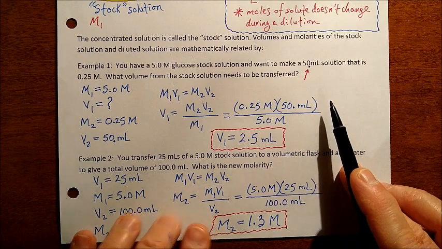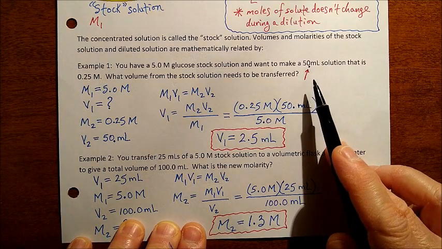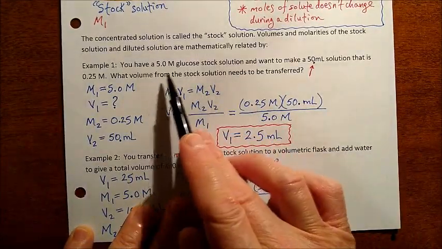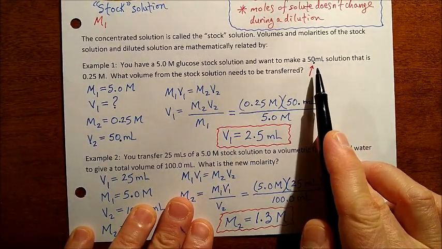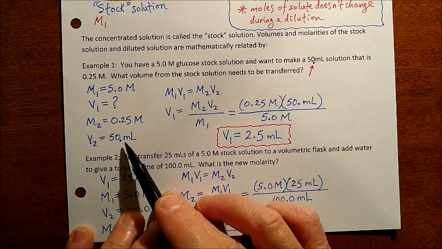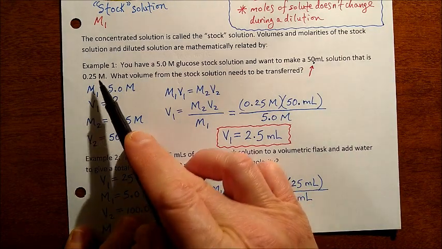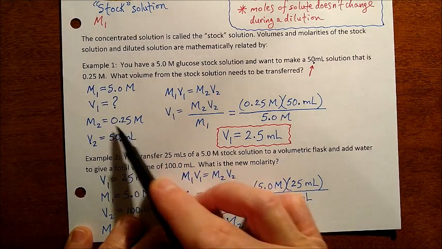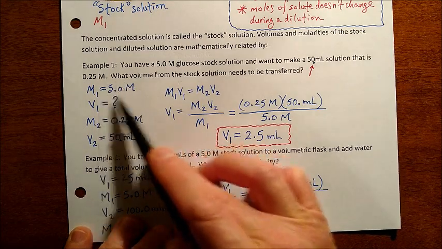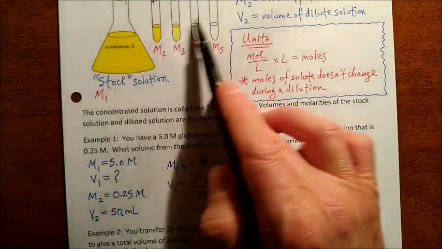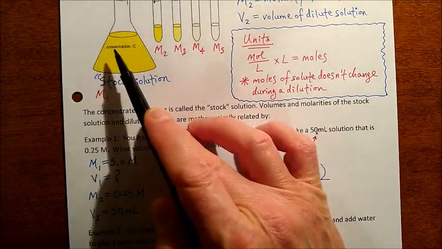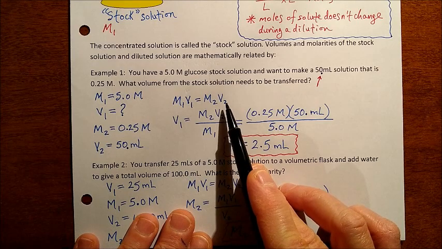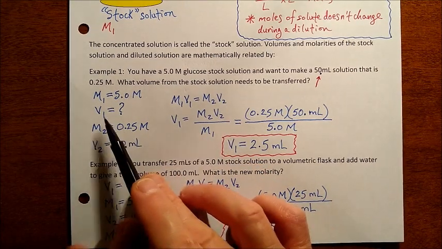You know the properties of the solution you're diluting, this M sub 2 situation. It says you want to make 50 milliliters, that's V2, of your diluted solution that is 0.25 molar. So you see the diluted concentration is less than the concentrated solution. This is our M1. This is our M2. M1's greater than M2. So you just start with this formula, and you solve it for the unknown variable,